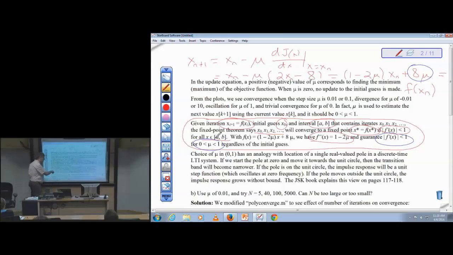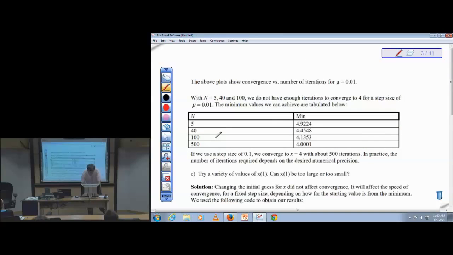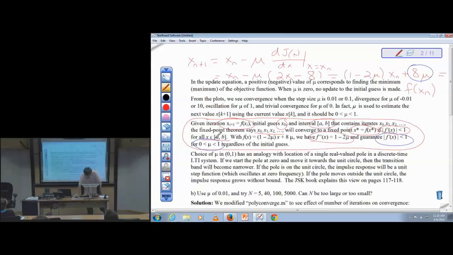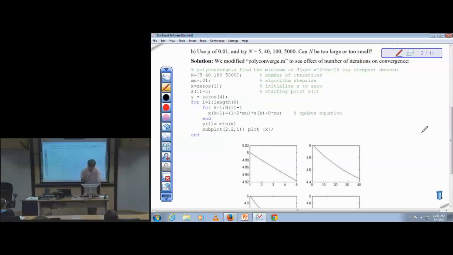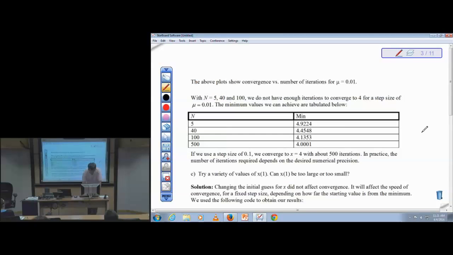Now, I describe here the analogy to pole locations. You should read that. Then I ask you to analyze the number of iterations and what happens to the objective function as we go. What happens to the value here? So when you pick a particular step size, you have to figure out how many iterations we need to get to a particular closeness to the right answer. So here for this particular step size of 0.01, which is a very common one, it's going to take,